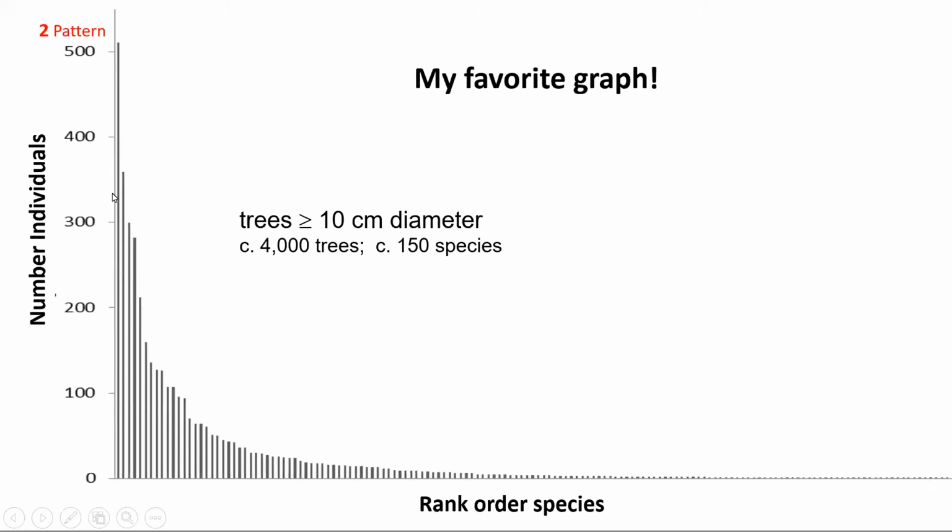Of course, as in any natural community, there's some really common species over here. There's some middling common species, but especially in the tropics, there are a lot of really rare species, and all these little bumps here indicate species that among those 4,000 trees in those 209 plots, we found just one individual.